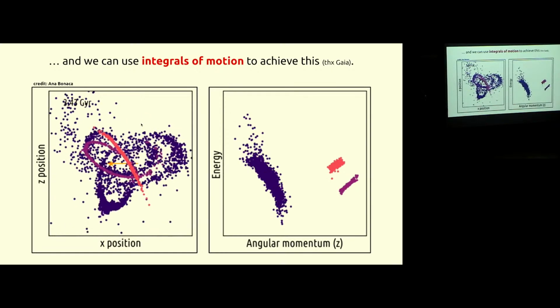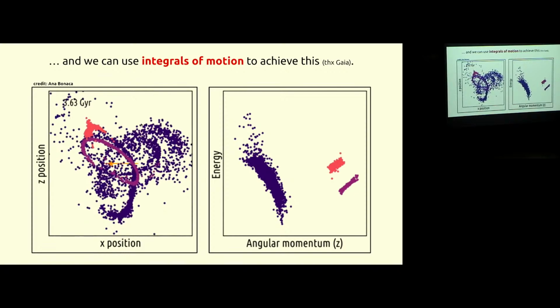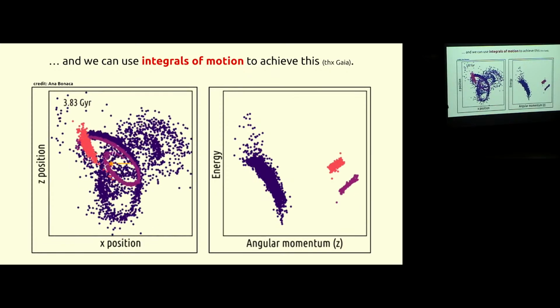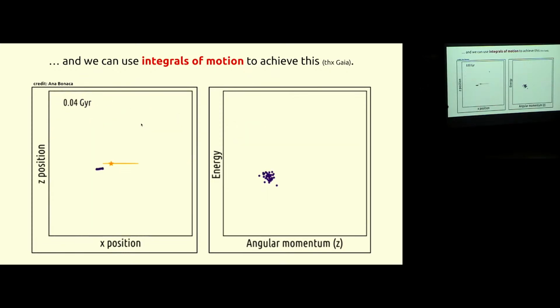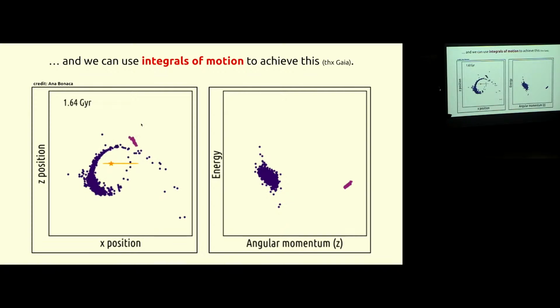And this is a static potential. I don't even have a bar. I don't even have spiral arms. And even so, you can see that what happens over time is that you produce these elongated structures, which I refer to as stellar strings. And over time, these things get what we call phase mixed with the halo of the galaxy, and they will eventually become just part of the smooth and isotropic stellar halo.